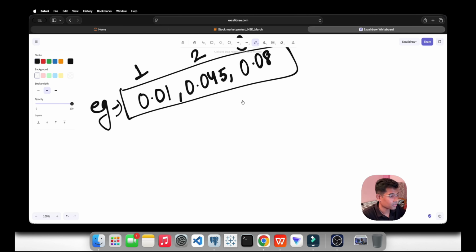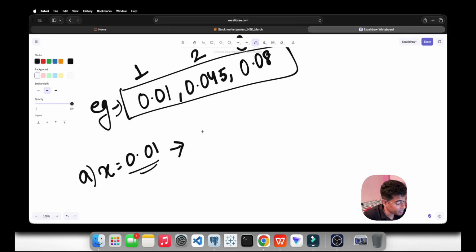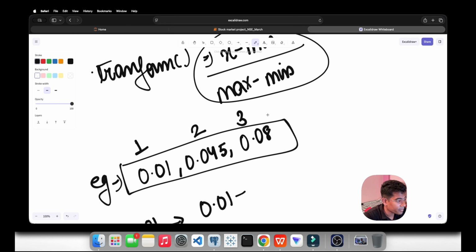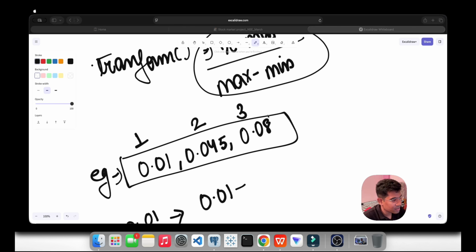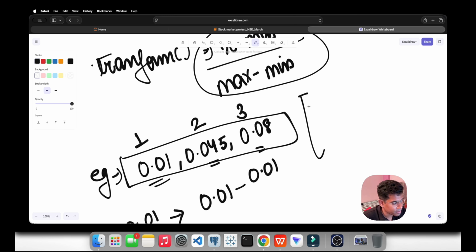Yeah, it's visible. So for transforming 0.01, we take x equal to 0.01 and implement it in the formula. So 0.01 minus min. What is the min in these three data? Min is 0.01.